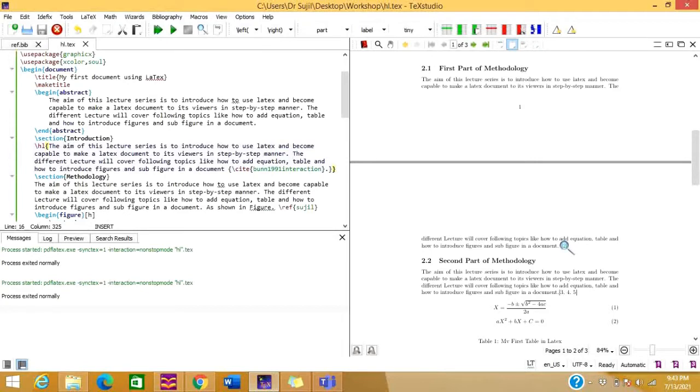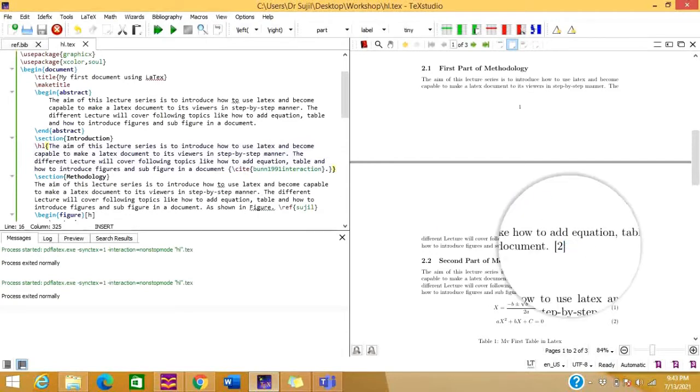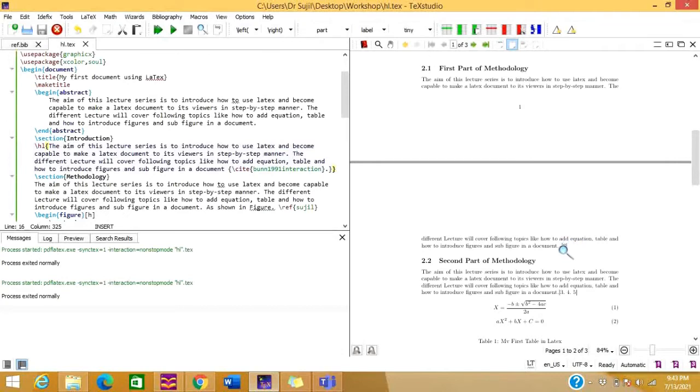At that time you can easily highlight that number and submit the article, so that the editor or the reviewer can easily identify the new changes that you have made in the revised manuscript or article. So for that you need to highlight this number, reference number 2.